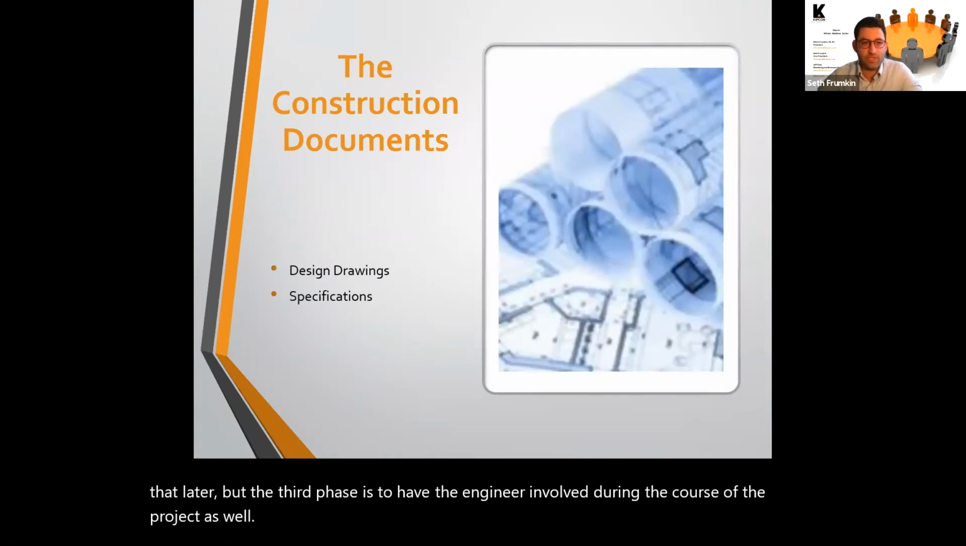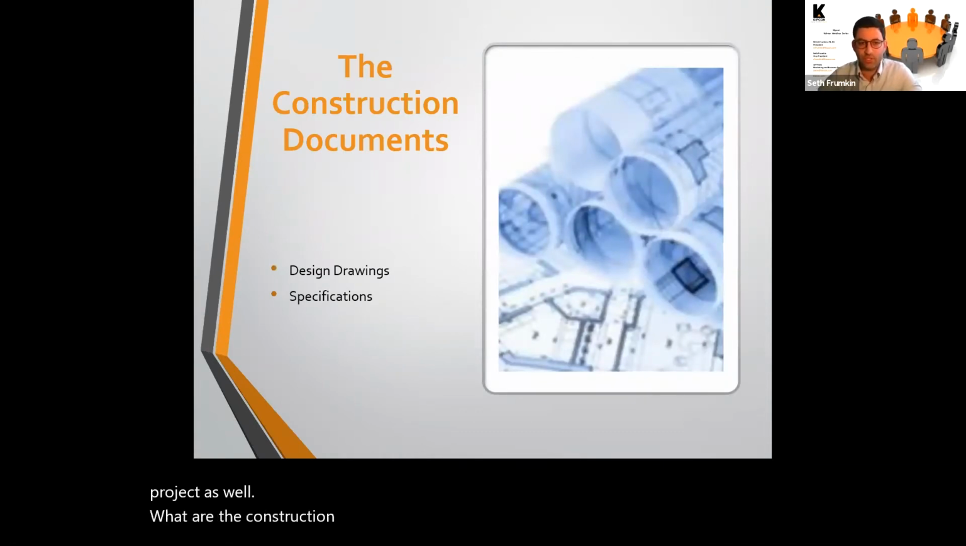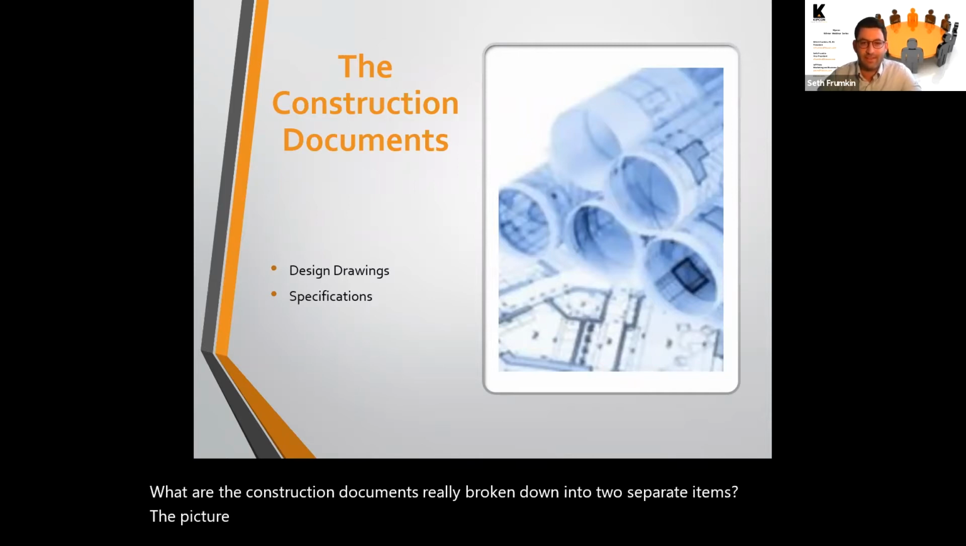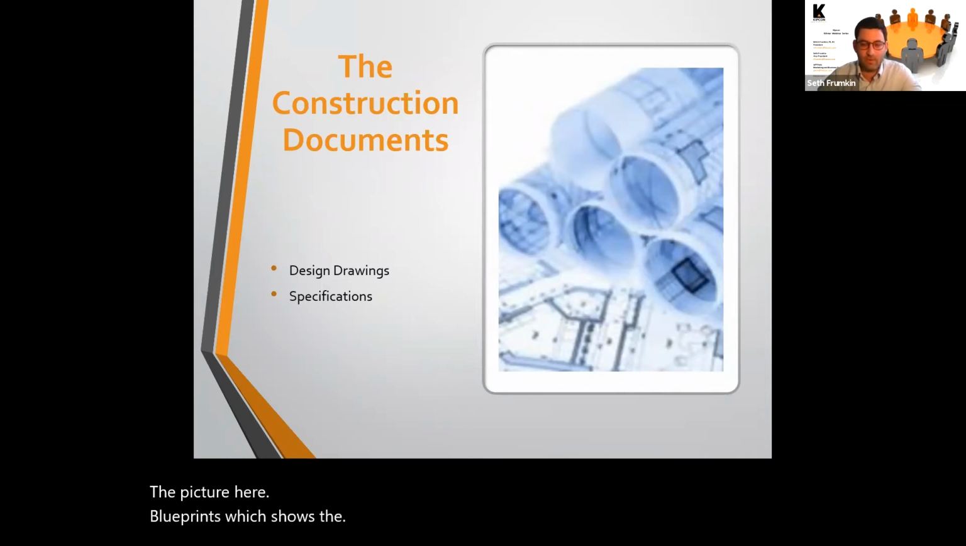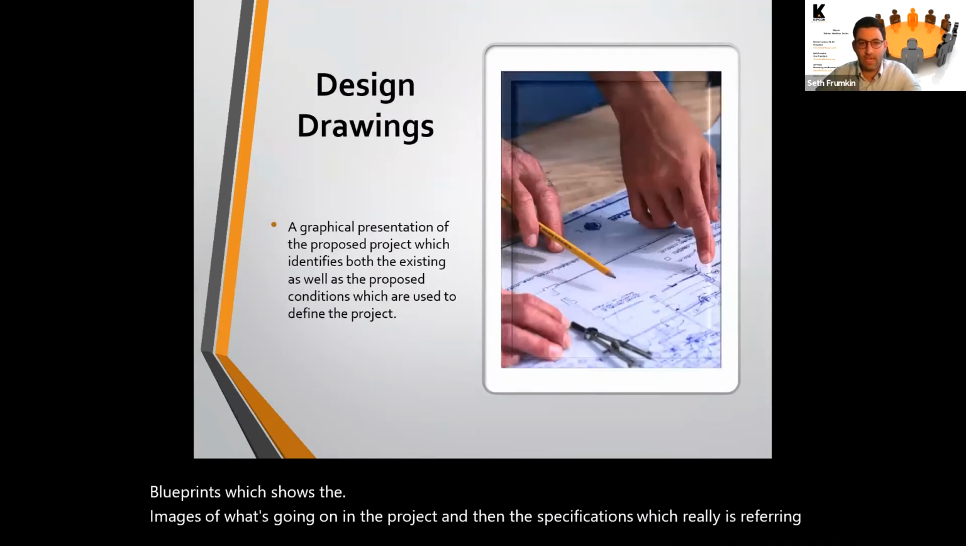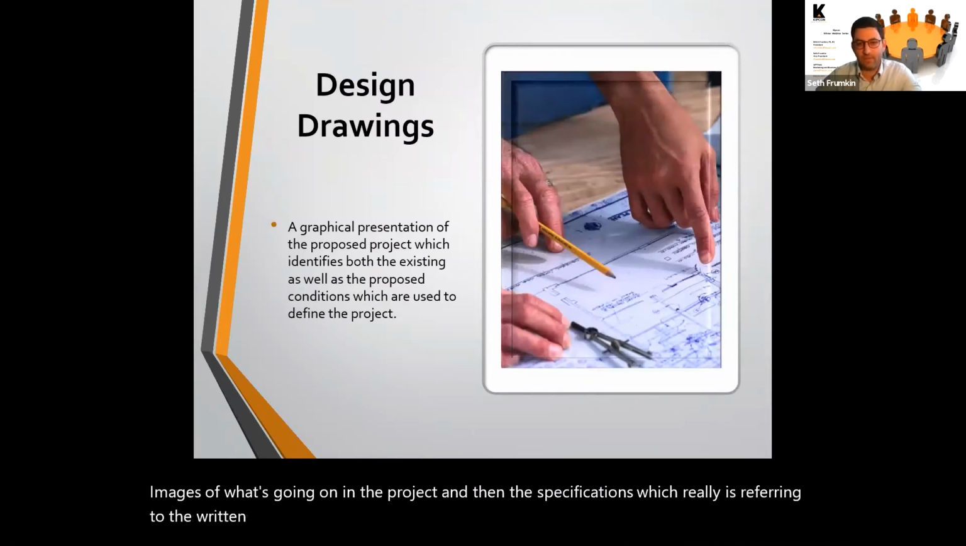What are the construction documents? It's really broken down into two separate items. The first is the design drawings. Those are the blueprints you see in the picture here. It's a little hazy, but in that picture there, you have the blueprints, which show more of the images of what's going on in the project. And then the specifications, which really is referring to the written documents going through more